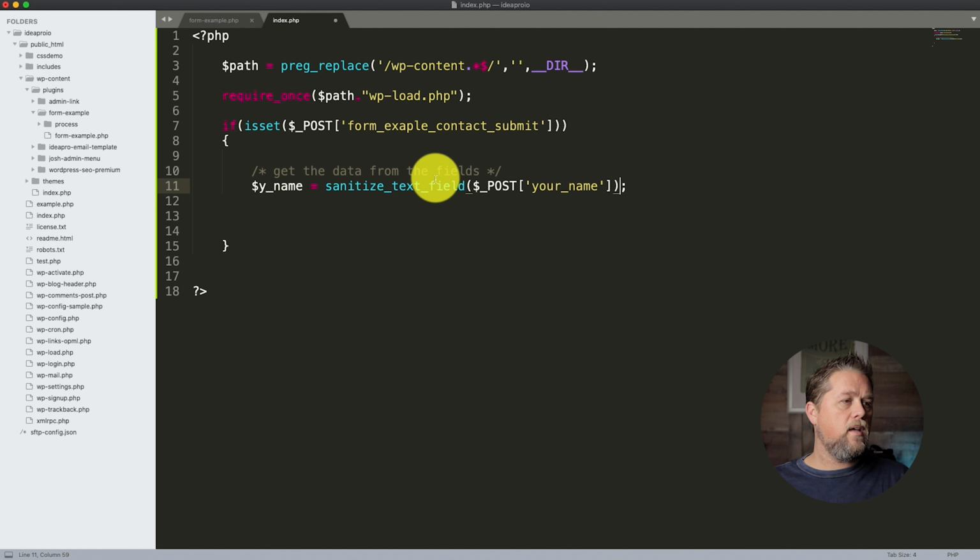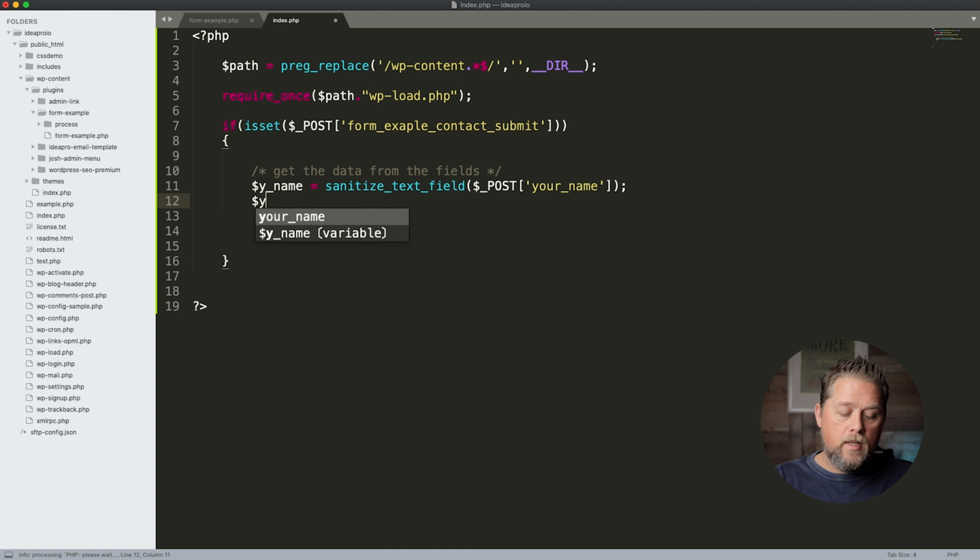Now we could say if isset your name, then y_name is equal to this $_POST your name. We know that no matter what, this form is going to be submitting your name, so we don't have to say isset, but it is good practice if you're building a much bigger plugin. All right, so we're going to follow our same code here and say your email is equal to,